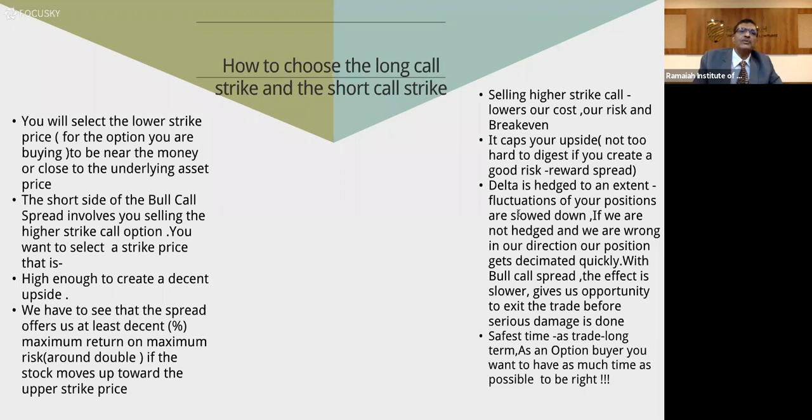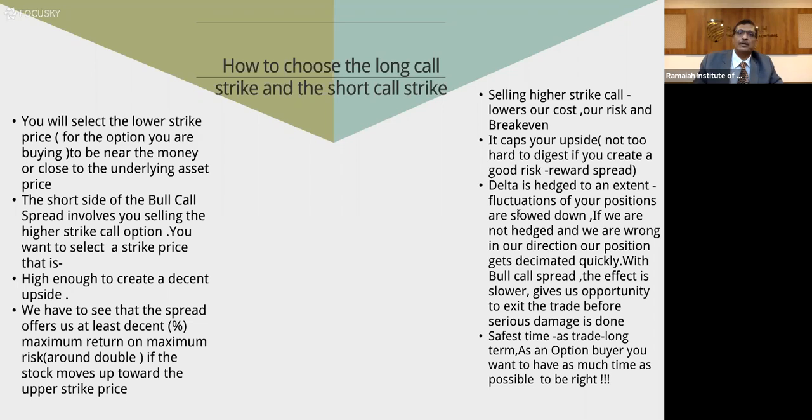The first one is you select the lower strike price to be near the money, and that's what we are doing. The State Bank of India was at 189.25, which is at the money, as they say, and 190 is the strike price which I have selected. And that makes a lot of sense, right? Because from 190, I'm expecting a jump of more than 10% in the SBI price. So I have selected the lower strike price close to the underlying asset price, and that's what I've done in this example.